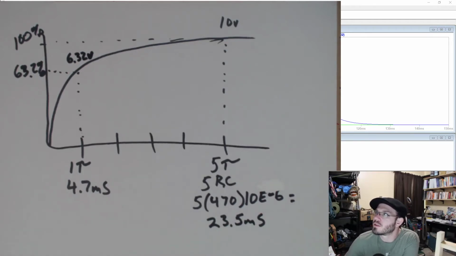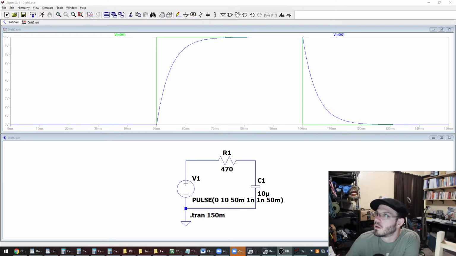Our pulse over here starts to go high at 50 milliseconds, and that is when we start developing charge across our cap. That's when the voltage starts to increase. So 50 milliseconds plus 4.7 milliseconds means